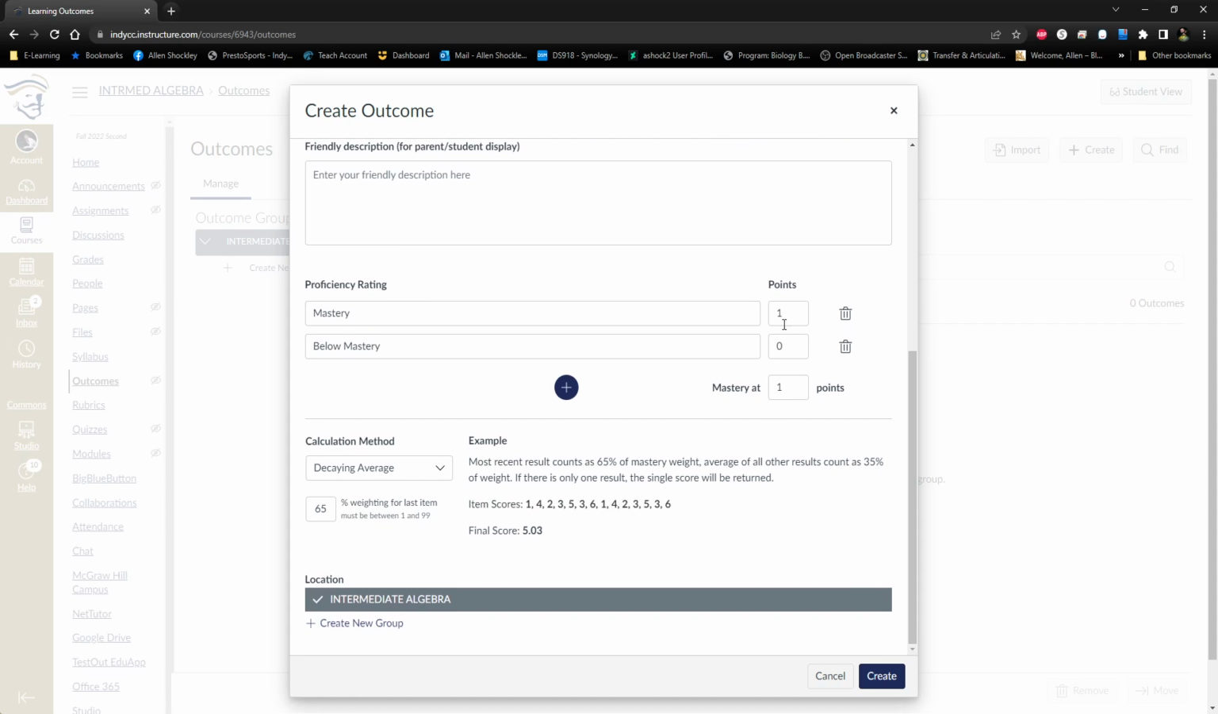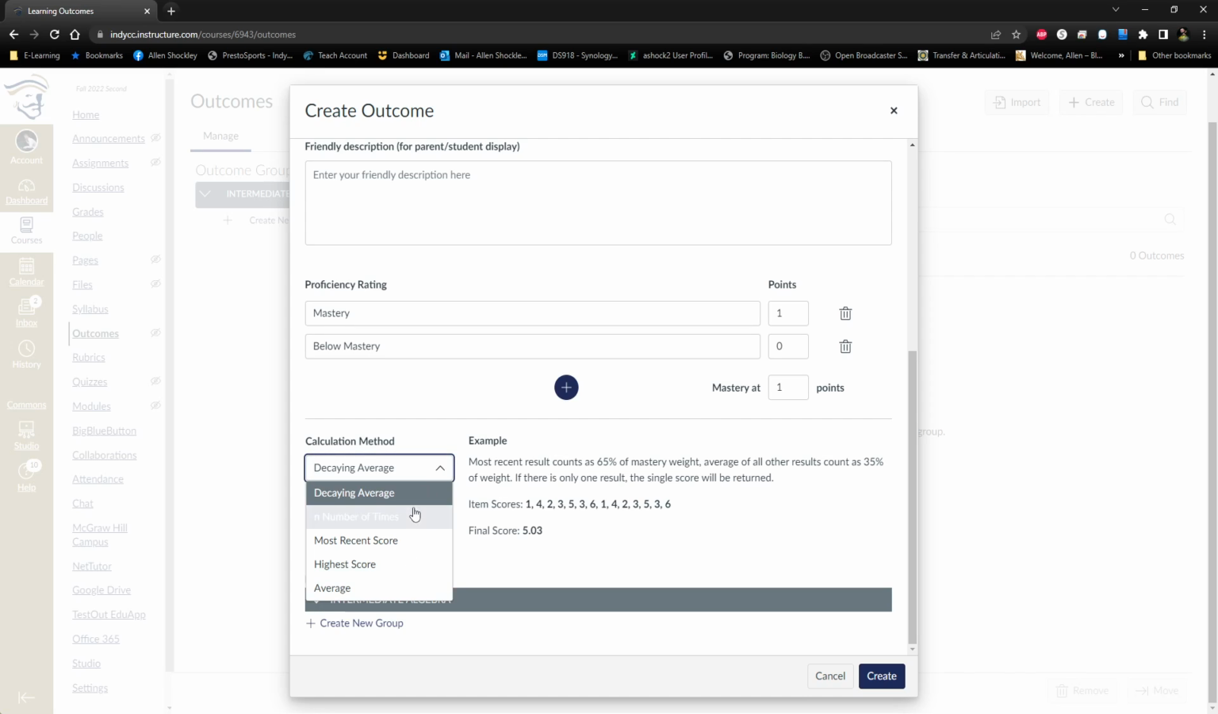So we now have a 0 and a 1, mastery at 1 point. We need to keep going down here. We now have calculation method. Calculation method, there are a number of options. Decaying average, you can use it if you want. I would not,